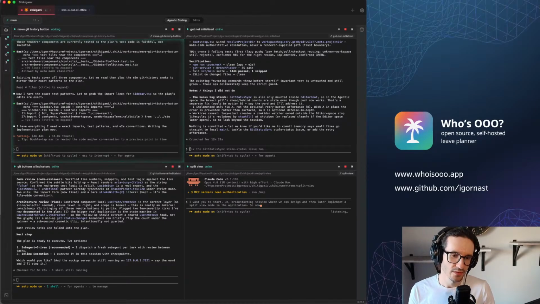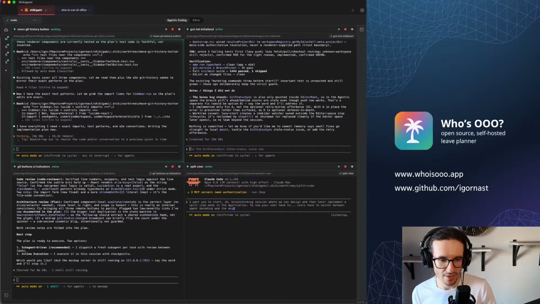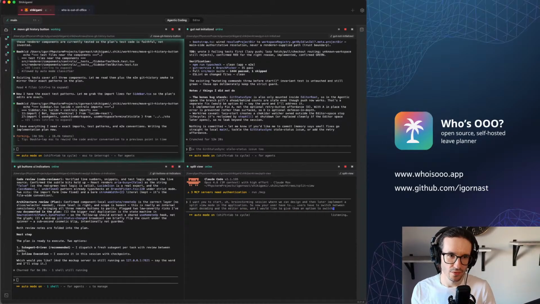So now users have to switch between agentic coding and the editor area, and I would like to give them an option to switch from a mono view to a split view, and then I guess we